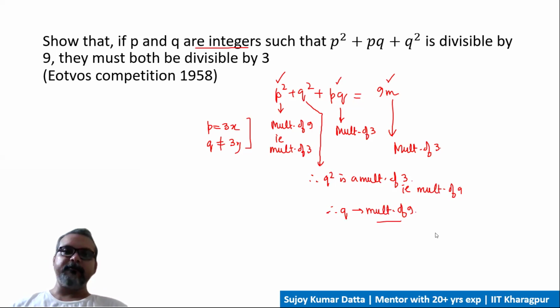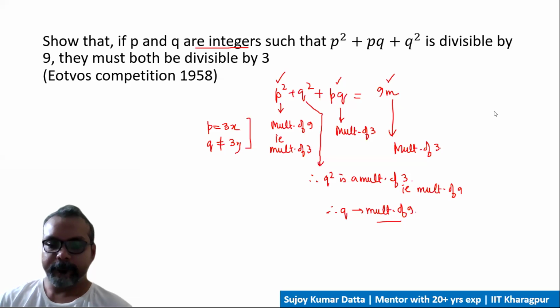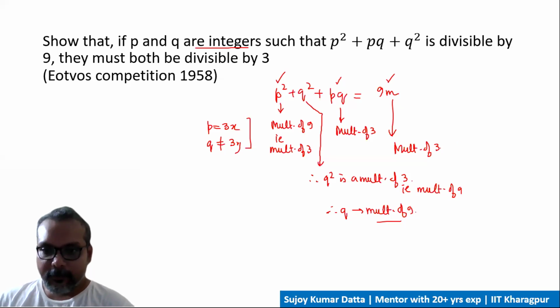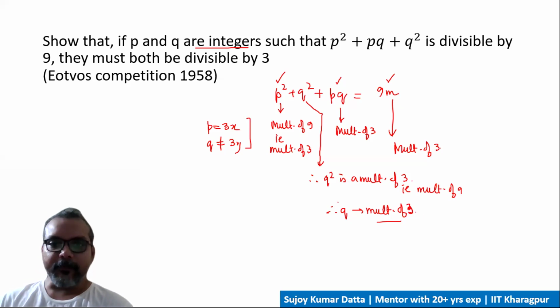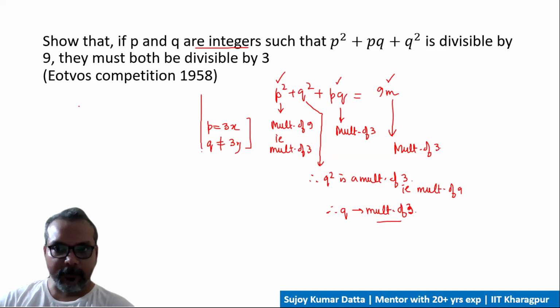So that means if one of the numbers p and q is divisible by 3, then the other one also has to be divisible by 3. Multiple of 3, not 9. Now next we will check if neither of them is a multiple of 3. Okay. So we have,